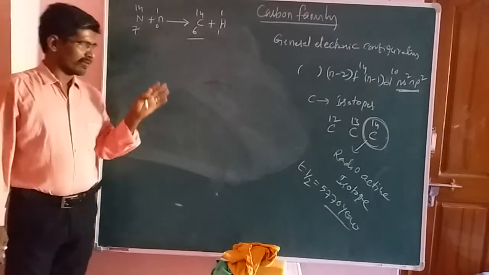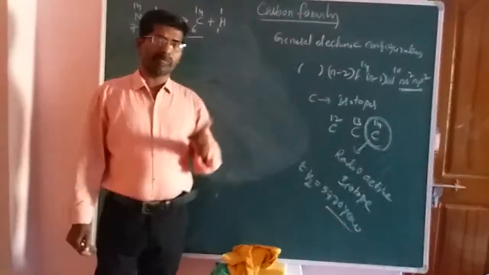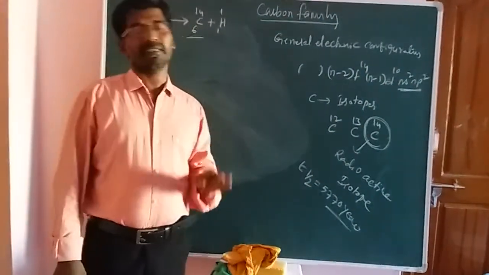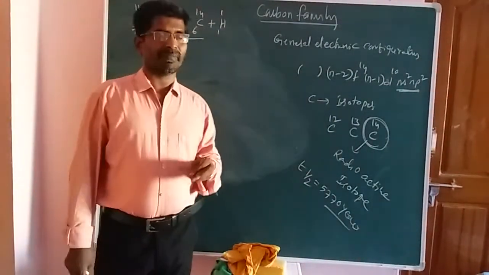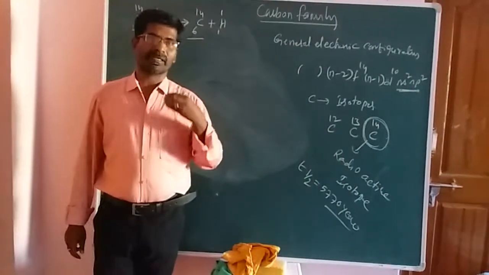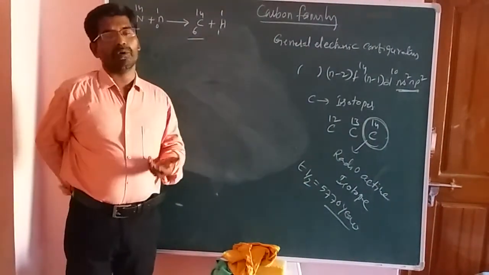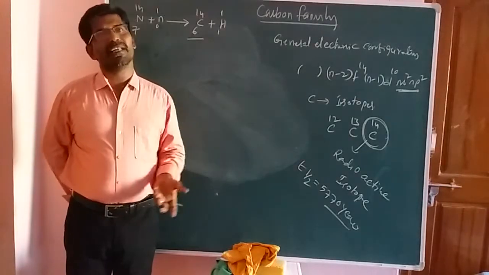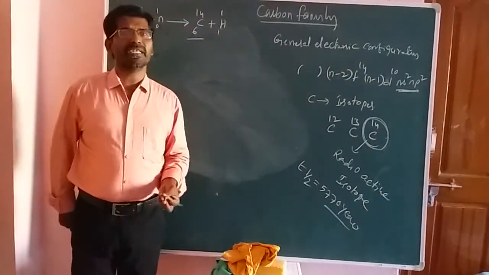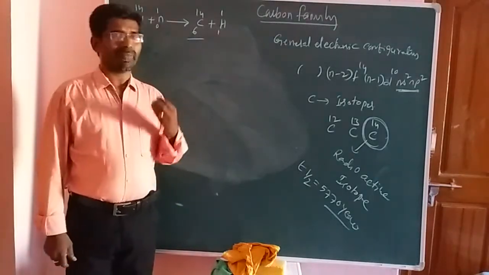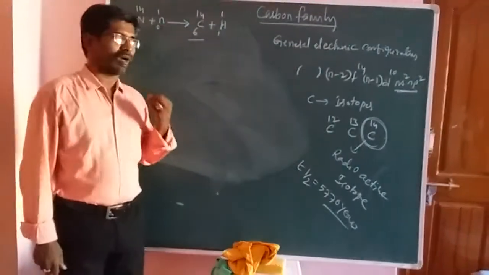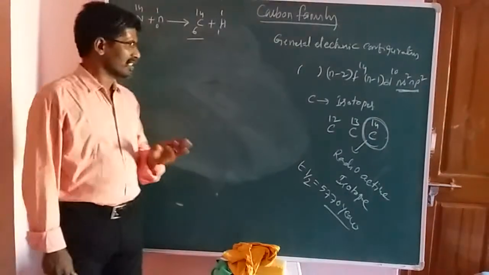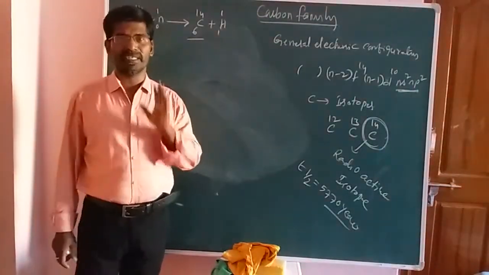Carbon is the most important element, and the 17th most abundant element in the universe by mass. It is present as diamond, coal, and graphite. One more thing, carbon is a versatile element used in organic chemistry. By using the carbon element, we can prepare millions of organic compounds. That is the importance of carbon in organic chemistry.